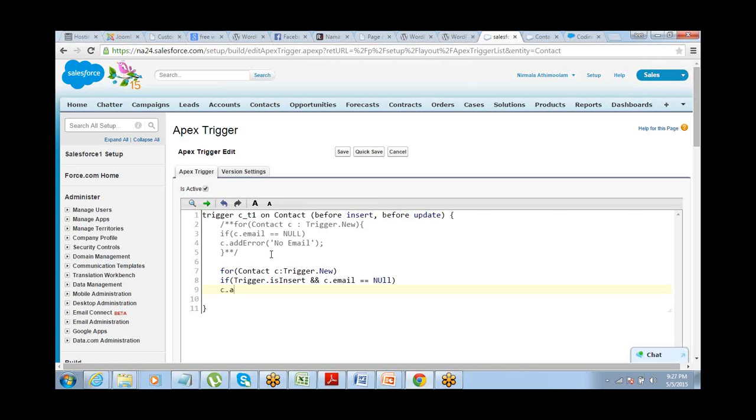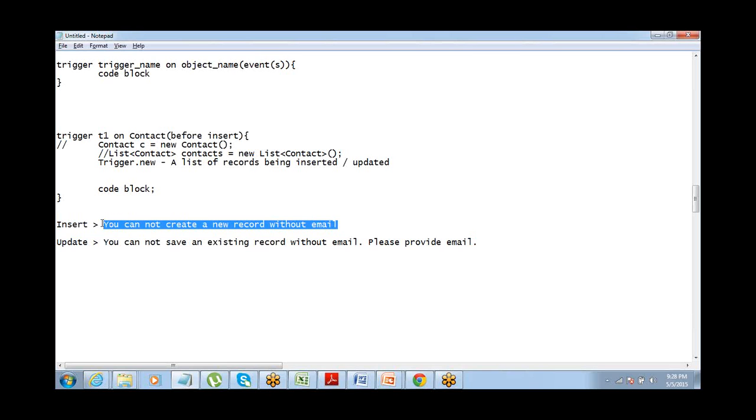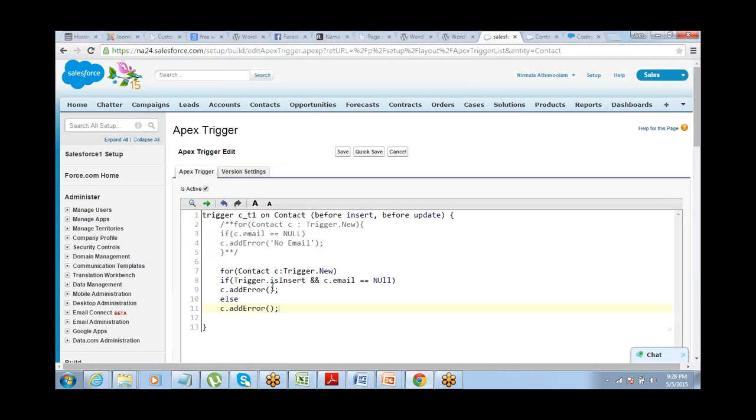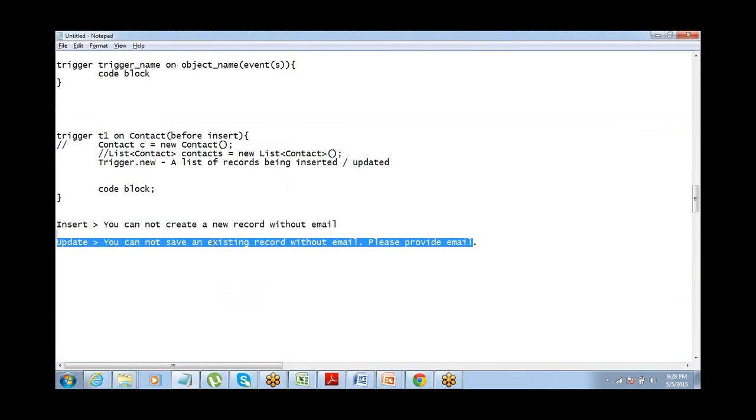Let's say C dot add error, else C dot add error. So for the first condition, the error is going to be you cannot create a new record. For the second condition, error is